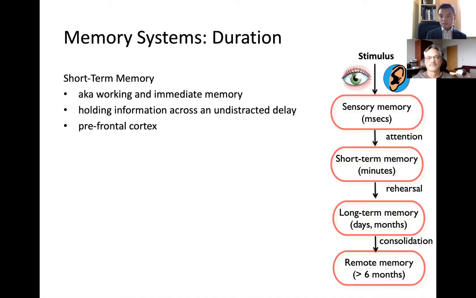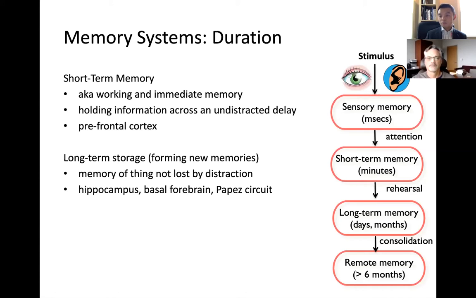So let's say you get that email address or phone number, and then you call or email that person several times, and you actually old school write out that email address or click out that phone number. So you're rehearsing that information. There you're taking what was formerly called the short-term memory, and you're rehearsing it and turning it into more of a long-term memory. This is what you do when you study. Basically, you're trying to turn this piece of information into a long-term memory that you can pick up when you need to. So that's what rehearsal is all about. I like to think about that as being a function of the hippocampus and the Papez circuit, which we'll talk about a little bit later on.